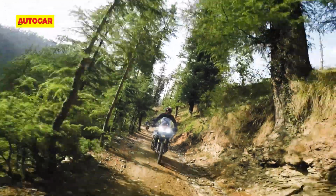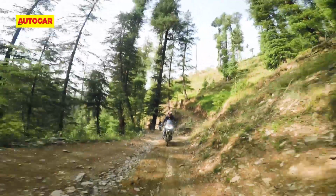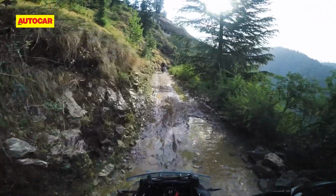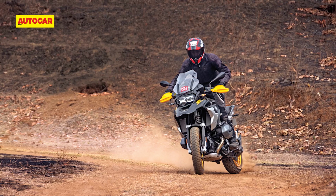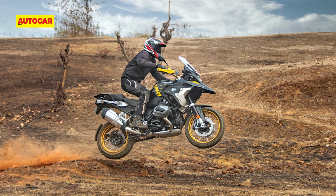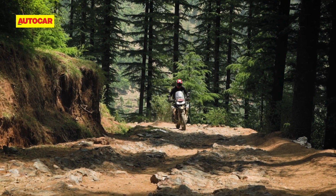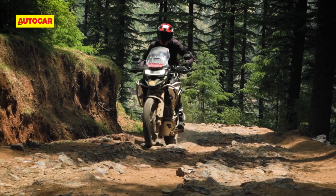The Tiger 1200 can hammer through off-road sections at a pretty high pace, but it takes a bit of caution at very low speeds because this engine can stall a little easily. I recently had the opportunity to ride its chief rival, the BMW R1250 GS, and that bike feels easier to ride at low speeds thanks to its incredible balance, light clutch and effortless steering. But the Tiger 1200 suspension feels like it's on another level when it comes to riding aggressively at high speeds